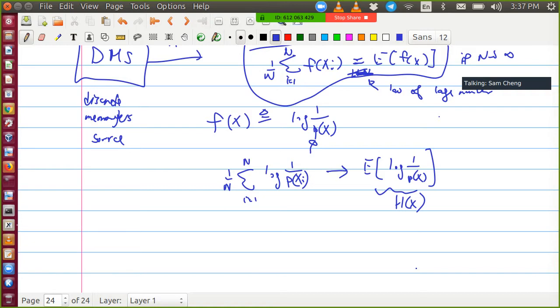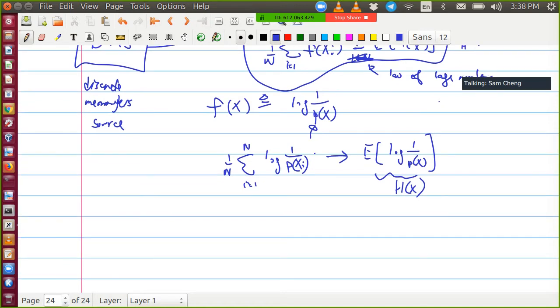So basically, you're drawing a sequence from a discrete memoryless source, and then you map each of the outputs x1, x2, and so on into log 1 over p(xi), and then you take the average. This always gives you the expectation. This is kind of a trivial series, in the sense that it's kind of obvious, but let's see.